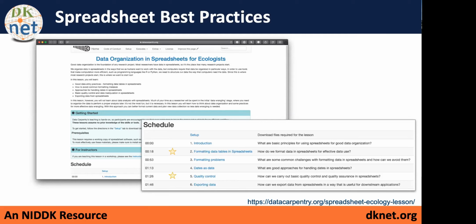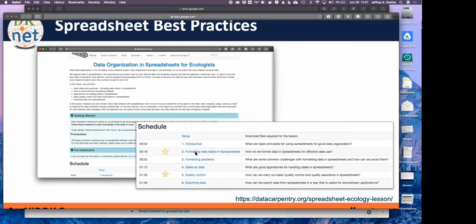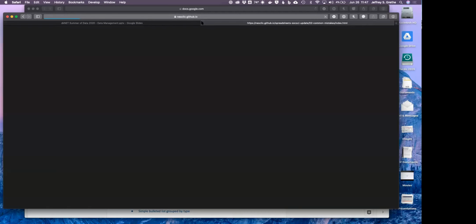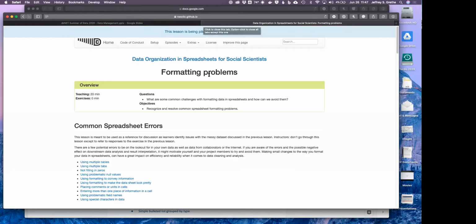The other aspect of working with data, especially in spreadsheets, is that there are some best practices. One of the areas where you can get this information is a number of data carpentry guidelines developed by different communities. This is one for ecologists, for example, and it has some tools about formatting data in spreadsheets. I'll give you a little example. This is actually a URL. If I go to this URL, what you'll notice is that